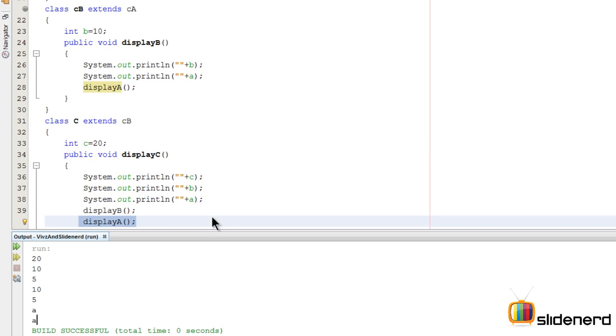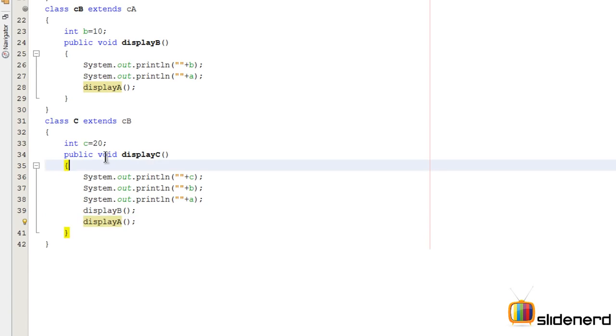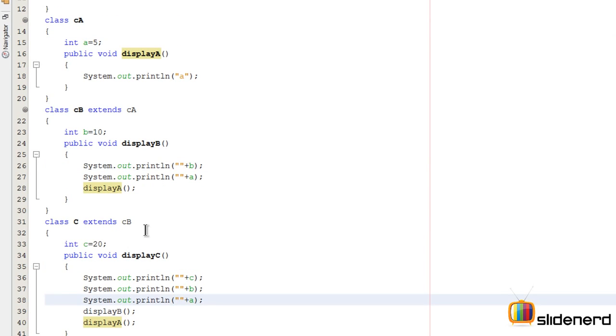And you can have multi-level inheritance. Now this is what you call multi-level. There are several levels over here, but you cannot have multiple. In other words, I cannot say class CC extends CB comma CA. This would work in C++, but this does not work in Java. A class can extend only one class at a given time. If you want to extend multiple classes, there is something called interfaces in Java. For that, we'll be talking about it in the upcoming